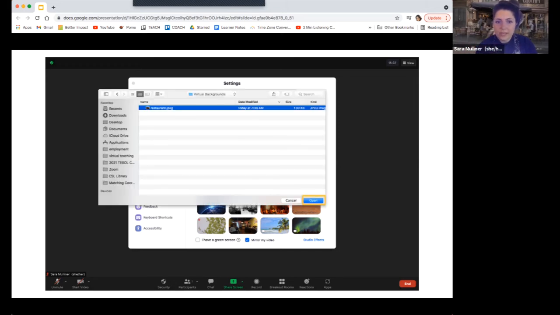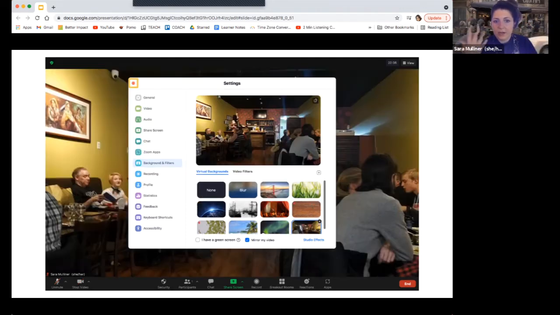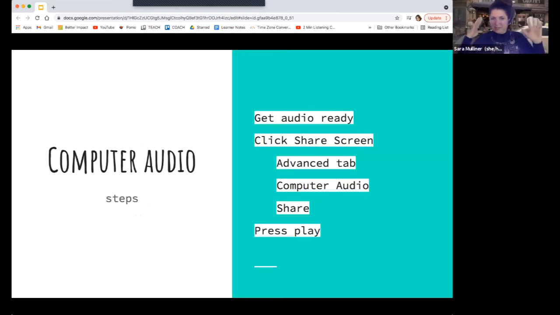So I click on that and it opens up a Finder folder for me. I click on the image I want to add as my background. It uploads it and it automatically adds it as my virtual background. And then all you need to do is close this window to go back to yourself in the main view